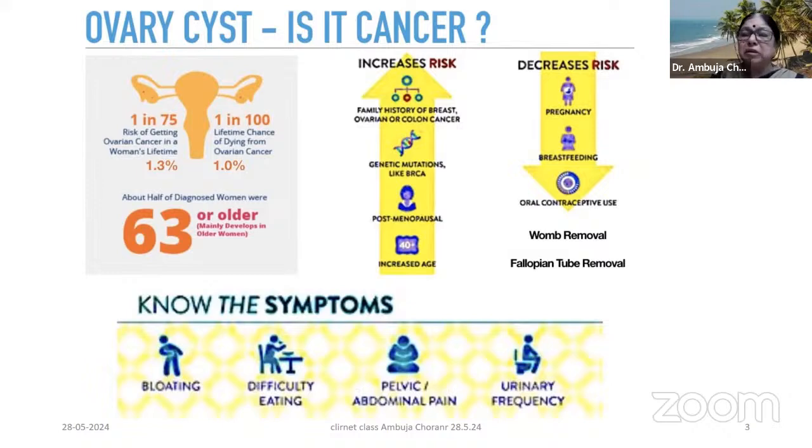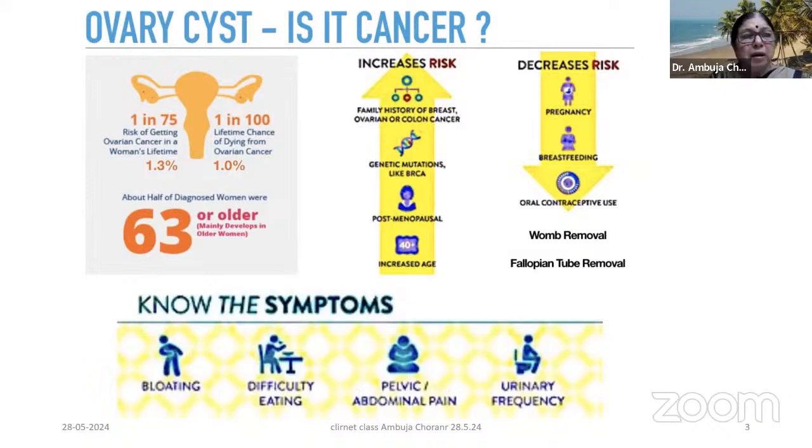And there are certain conditions where the risk is increased. Family history of breast cancer, ovarian cancer, colon cancer, as genetic transmission can be there. Genetic mutations like BRCA are also part of it. Being postmenopausal and increasing age is always a risk factor for cancer, but what decreases the risk is pregnancy and breastfeeding, because incessant ovulation is the cause for